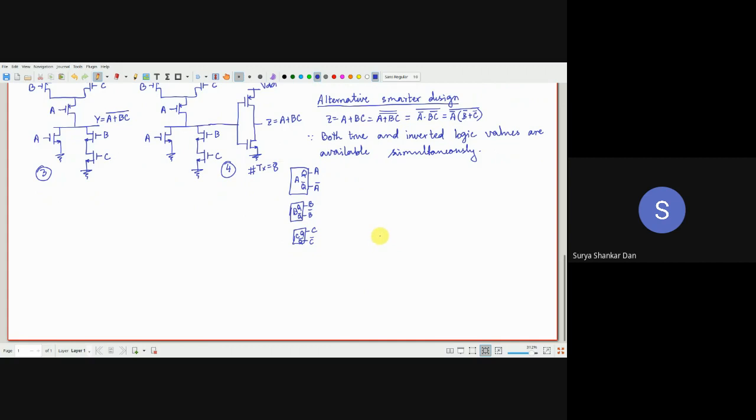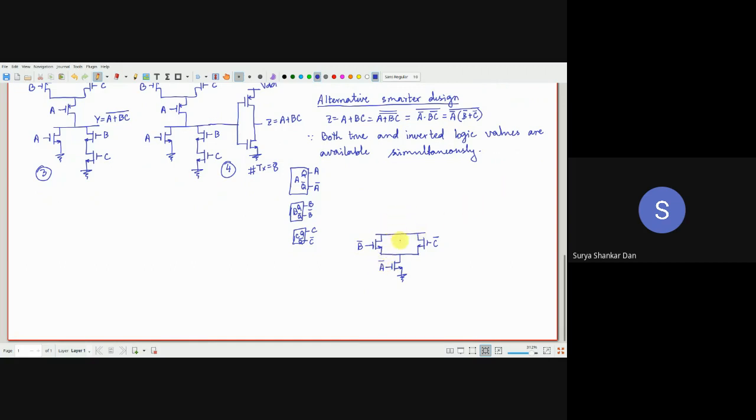So all you will do is very simple. First, this is B bar. Instead of B, I'll put B bar. And this will be C bar. Please understand, I'm not choosing B and C here. I'm choosing the B bar and C bar from the previous stage. So this is B bar and C bar, product of A bar. So if it is a product, that means it is in series. I'll take A bar over here.